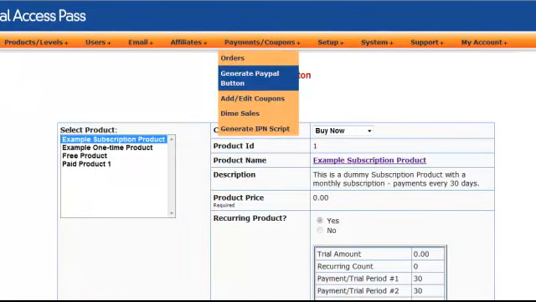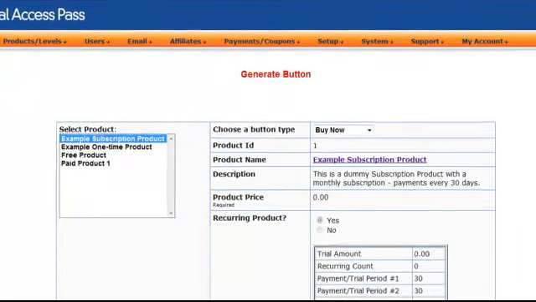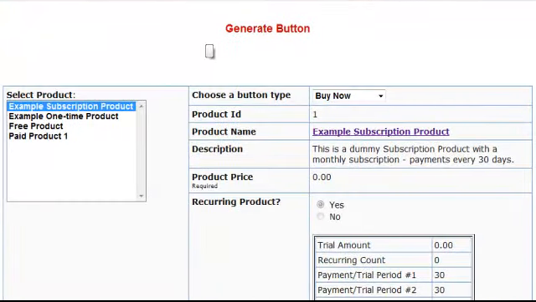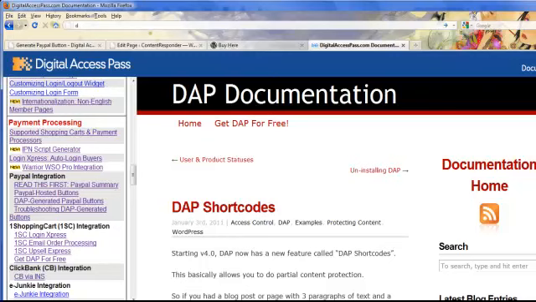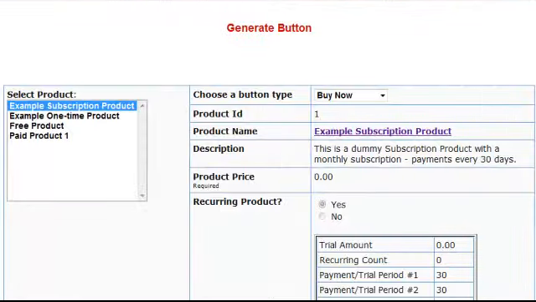Now let's take a quick look at the Generate PayPal button option. DAP supports both PayPal hosted button and the DAP generated button for PayPal. If you use the PayPal hosted button, as described here in this document, it's much easier to set up. But if you use the DAP generated button for PayPal, it's a little more complex. It's not all that hard, but the advantage of using the DAP generated button is that after your users complete